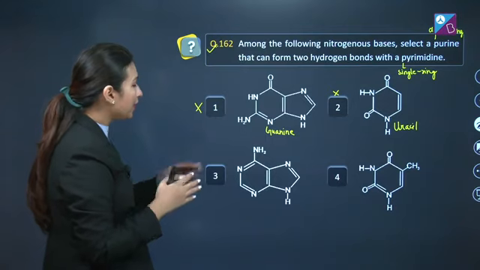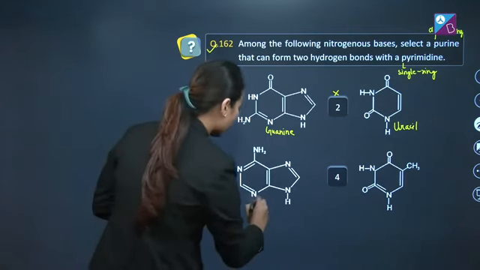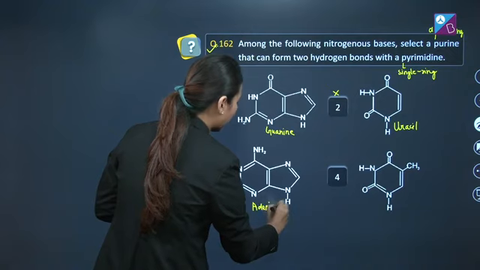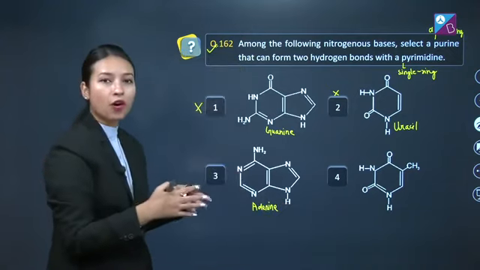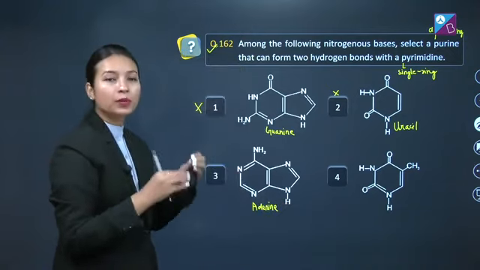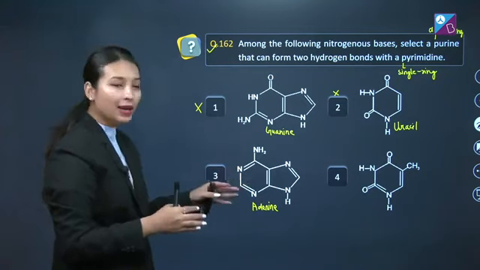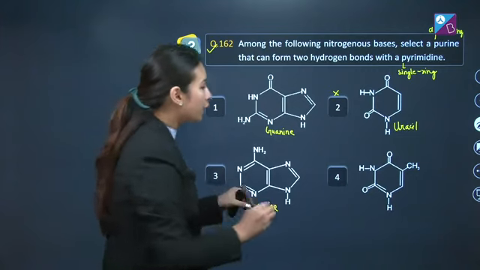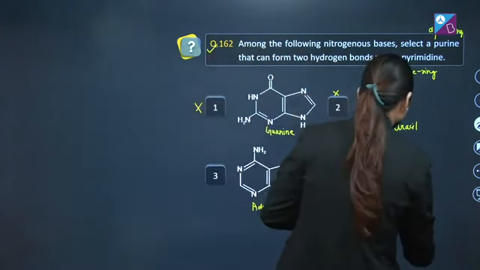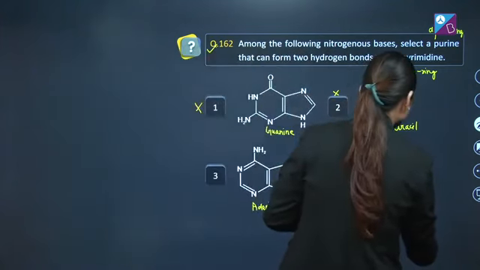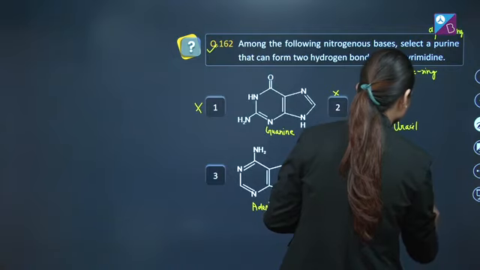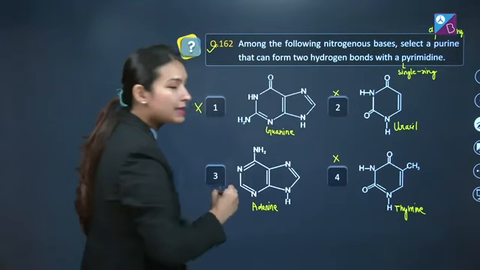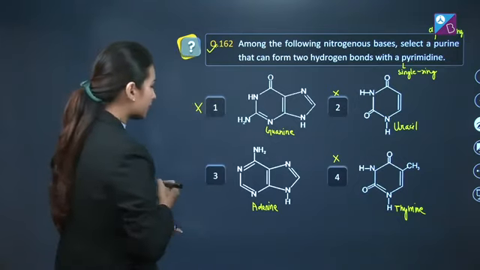Option number 3 here represents the structure of adenine, and it is a purine which forms 2 hydrogen bonds with thymine, so this should be our answer, but let's see the other option also. Fourth option here represents the structure of thymine, and it is a pyrimidine, so that's why option number 4 is incorrect,